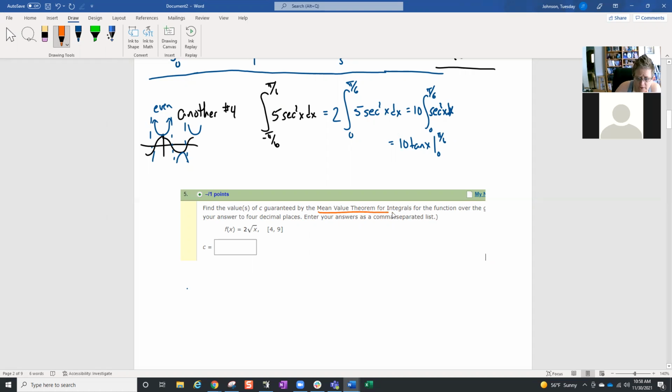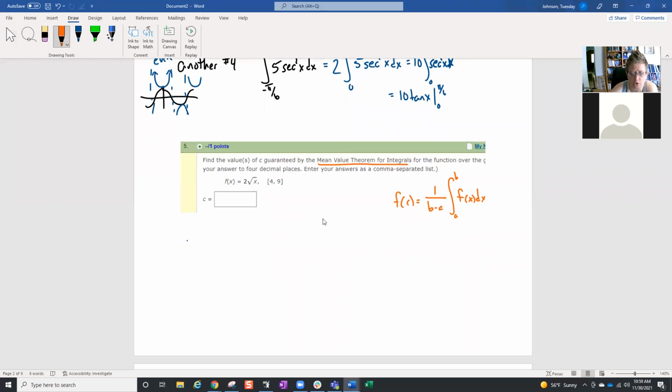Mean value theorem for integrals. This says that the mean value is 1 over b minus a, the integral from a to b of f of x dx. So there's a value c for which this function has this particular height, because the area divided by the width will give us a height. Here's our function. So b minus a is 9 minus 4, which is 5. So I need to find an f of c